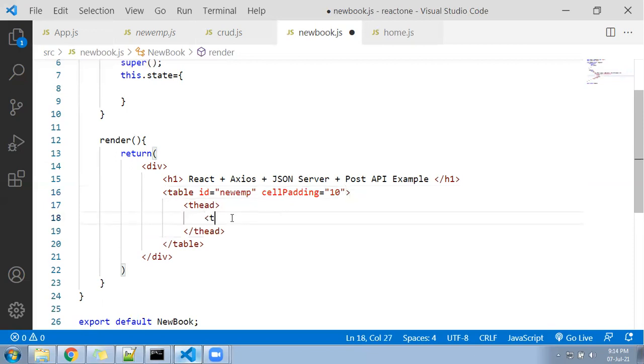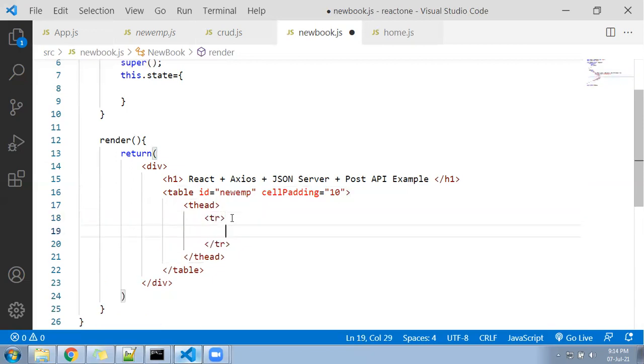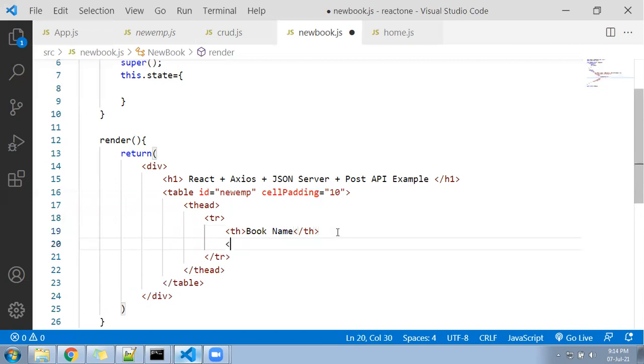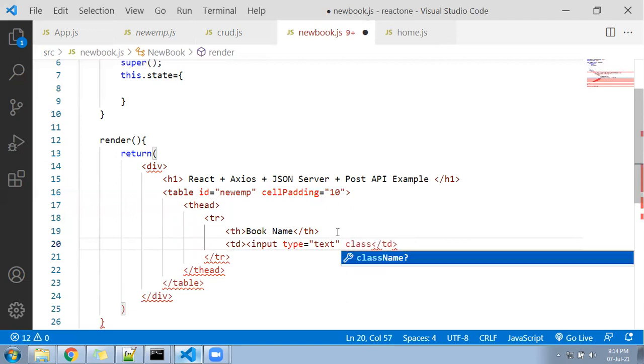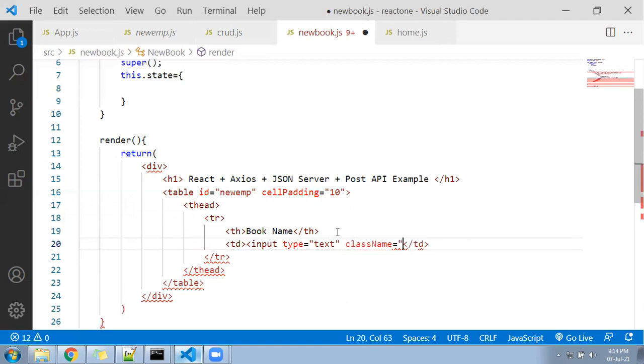Now I'll add the tr and keep the book name here, and I will be creating a td with an input of type equal to text, and I have created a class in my CSS file called input box.